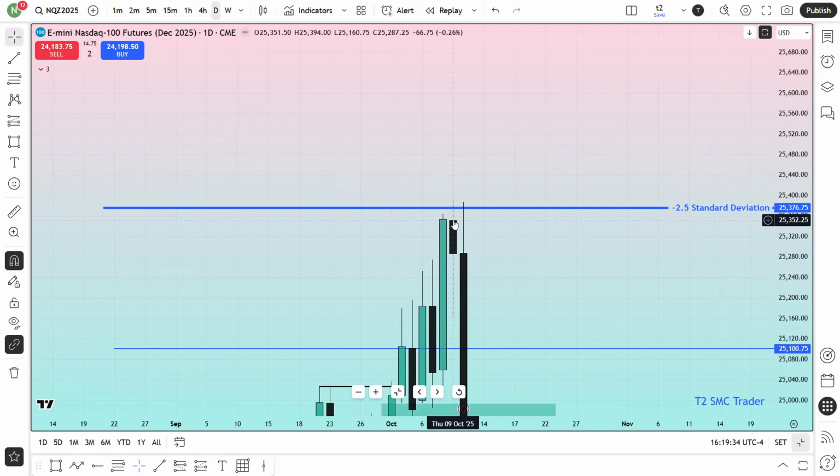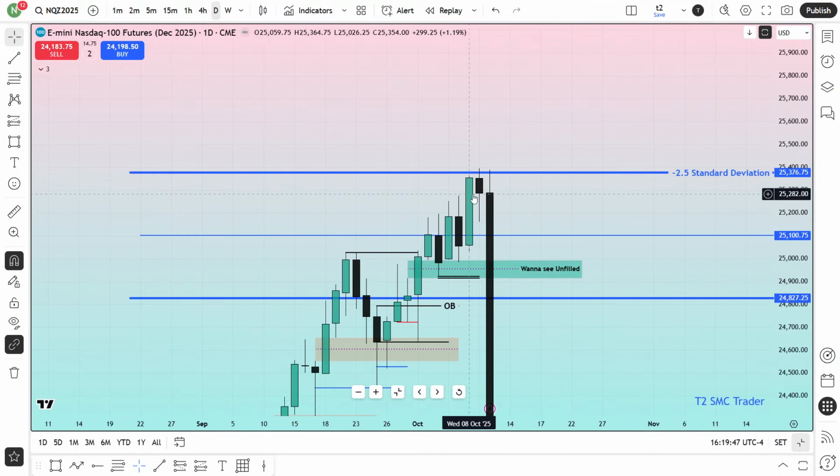Next day, at first market open, it tapped this minus 2.5 standard deviation. I'm done. No more buy is valid anymore. Now, keep looking for sell. Just sell, just sell, just sell. Finally, the market traded this, and that was an indecisive candle. We predicted this should be an indecisive candle. That means the market should not expand too much. It should not do that.